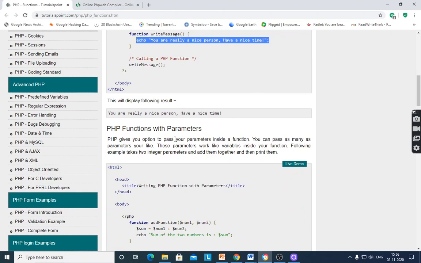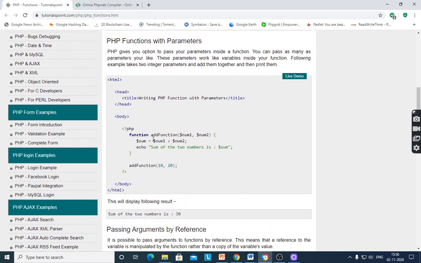Here, PHP functions with parameters. We have to pass the parameters in the function. The function add has two parameters, $num1 and $num2. The definition of the function is $sum equals $num1 plus $num2. Then it displays: sum of the two numbers is $sum.